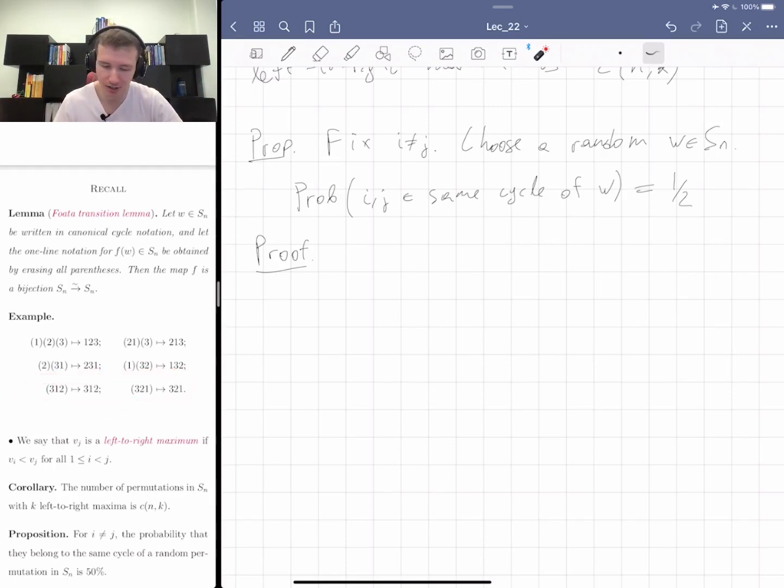So yeah, you have to be careful with the probability. You take the number of permutations where they belong to the same cycle and divide by n factorial. That's the official definition of probability in this case. Does that answer your question, or